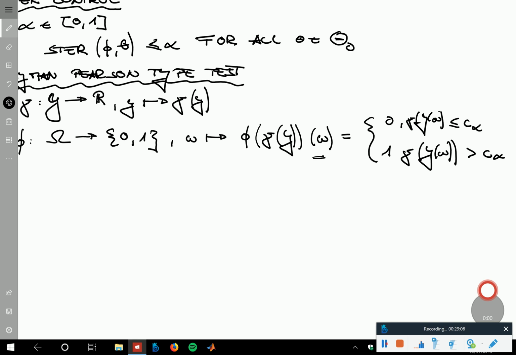By first computing, again, the expectation parameter estimate, the variance parameter estimate, and then evaluating the t formula. So you map that onto a real value. This is this gamma y, and then based on this real value that you evaluated, you decide whether to reject the null hypothesis, or whether you don't reject the null hypothesis, which is a 0, or whether you reject the null hypothesis, and this you base on a critical